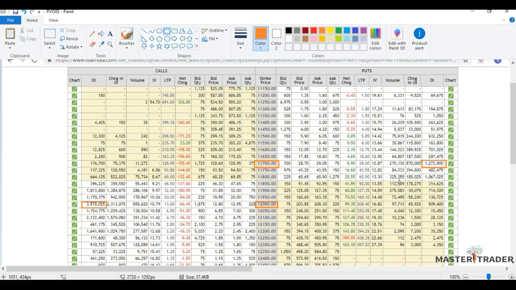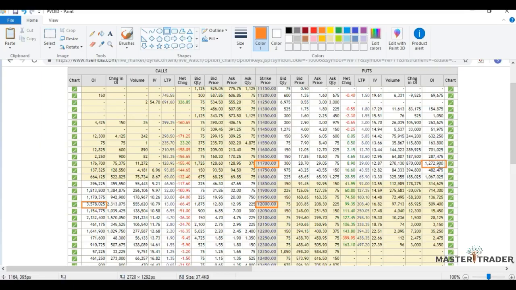When you hear that this call has been written, or there's some writing going on, that simply means that there's some selling going on, or the demand for selling has increased. So all the data here is of option sellers, of writers. Now if you see that there's 12,72,000 open interest here,